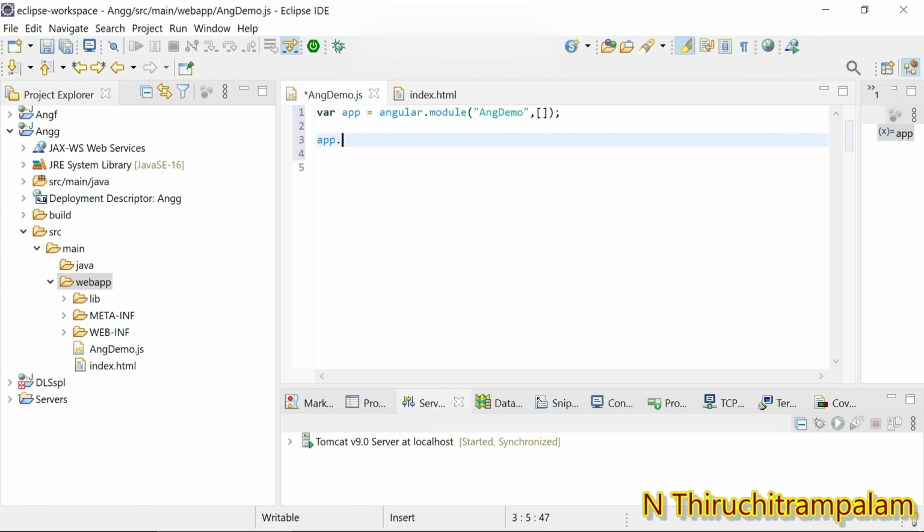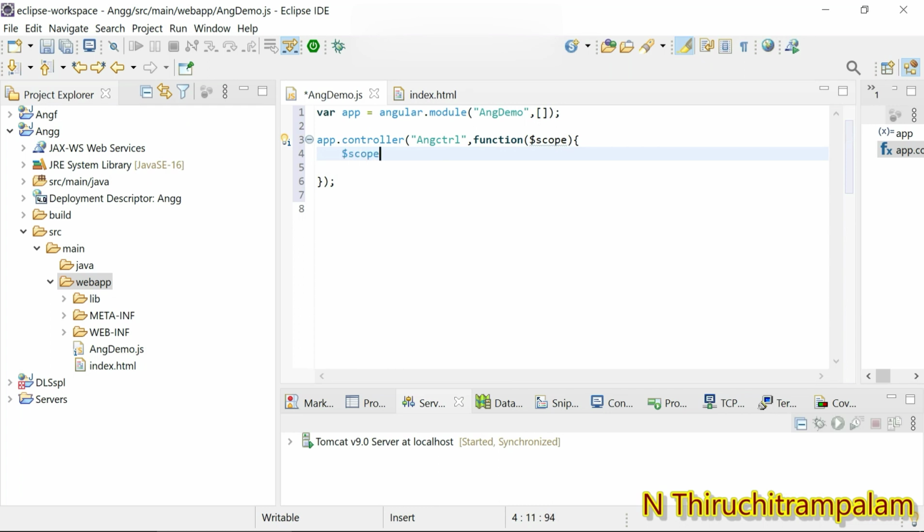So app.controller. Whatever I have just said, we have seen in the previous sessions, so just to save time I have done this. So app.controller, we create the controller. We're going to give the name ang-ctrl, and then here I create the function, and within this I pass the scope. Okay, and here I create the function, and what I do, scope object dot nt, again I create the function,